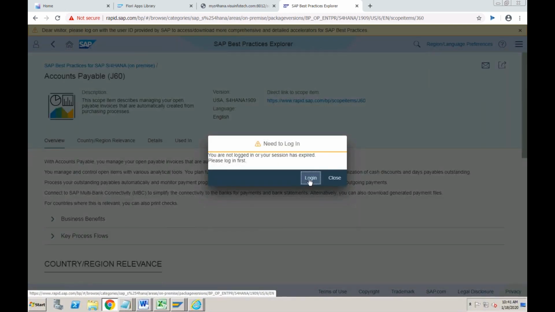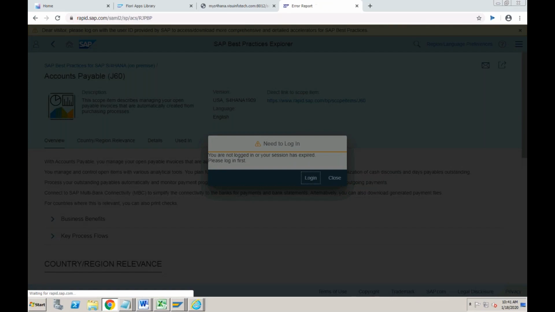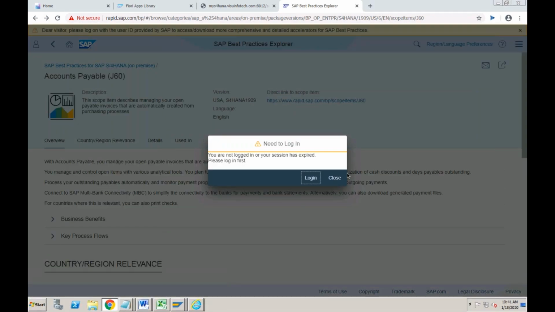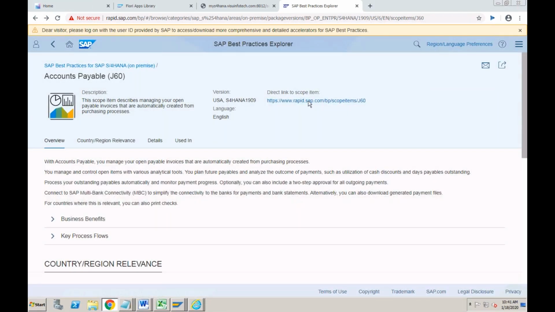Let's try if it works. No, some problem. So you will only get partial information if you are not logged in. I'll tell you what exactly you will not get here. Can someone from your side try this, how to access the best practices? Just go to Google, because I want to make sure whether there is anything wrong with my system. Normally when I click on the login button, it asks me for user ID and password,